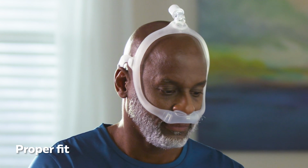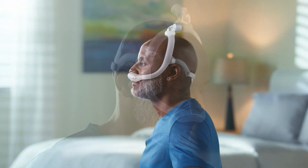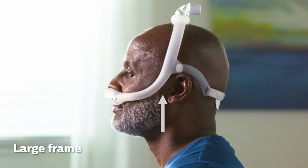For optimal performance, the mask must be worn correctly. A medium frame works well for most people. As shown here, the elbow should rest at the top of your head and the frame should sit between your eye and your ear. If the mask frame falls backward and is too close to your ears, you may need